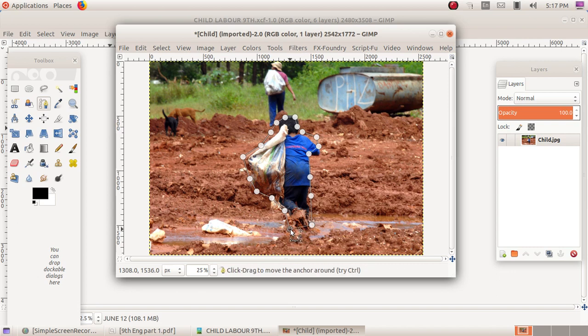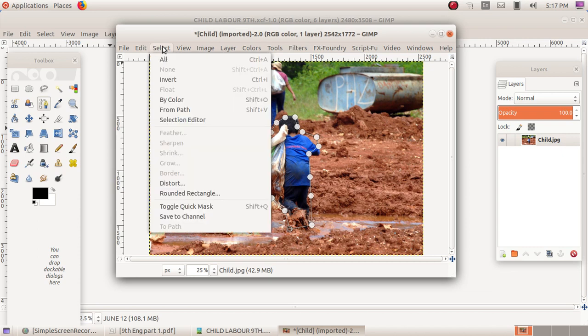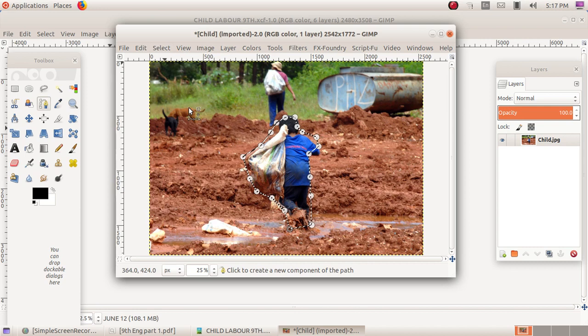Then go to the menu bar, select the Select menu. In that menu, choose From Path. The part of that picture is selected.